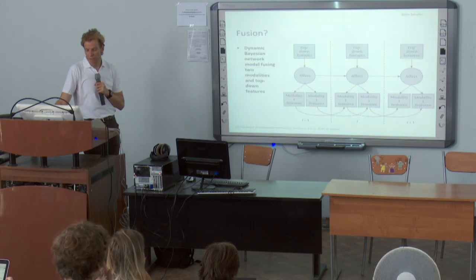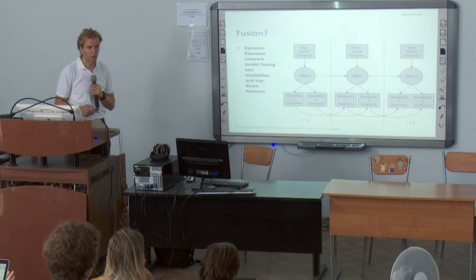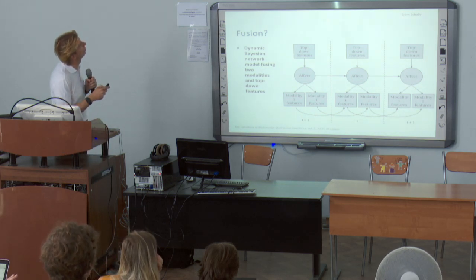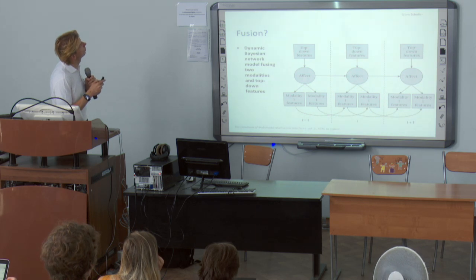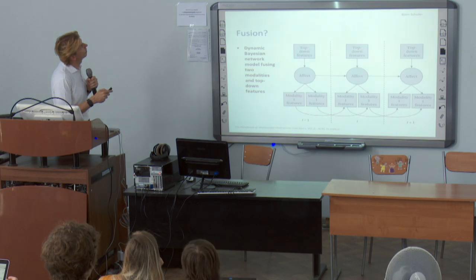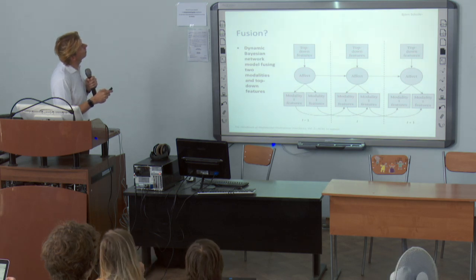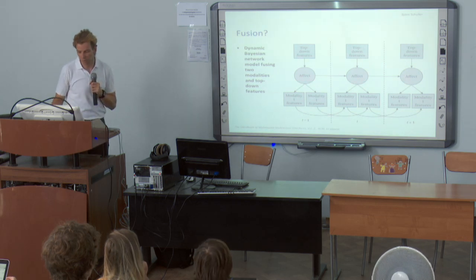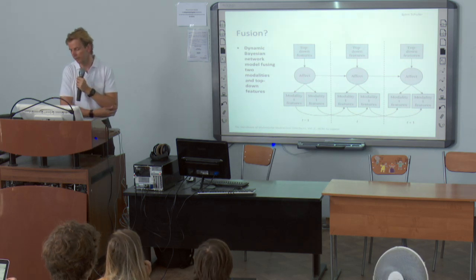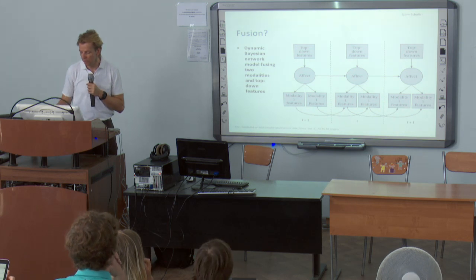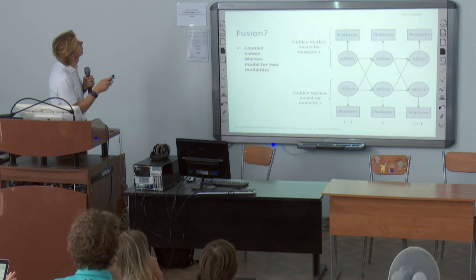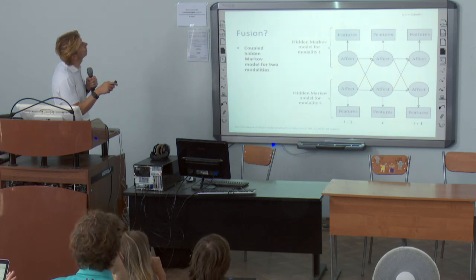More suited usually are dynamic Bayesian network or graphical model topologies and neural network topologies to do something from the architectural point of view. Here, for example, you have a dynamic Bayesian model to fuse two modalities and top-down features. So you're having the features of each modality, but you can also inject some top-down features. It could be, for example, priors, it could be contextual information or alike. And in general, with graphical models, you can craft also things like this coupled hidden Markov model for two modalities,